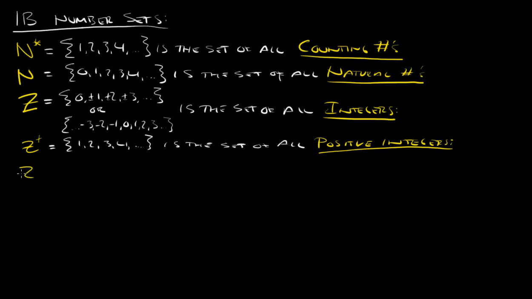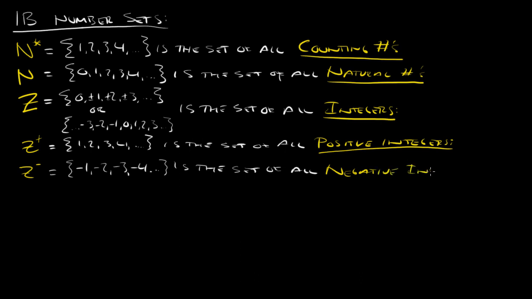The next one we have is the Z with a little negative up there, and again, hopefully you have figured out that's negative 1, negative 2, negative 3, negative 4, and this is the set of all negative integers. All right,